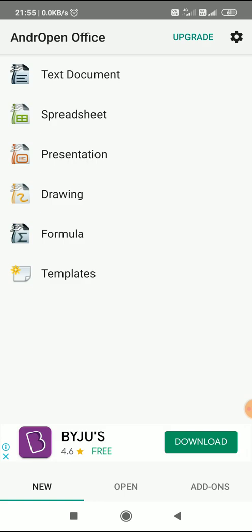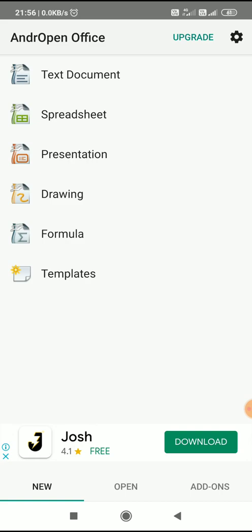First one is text document, and we can also call it Writer. It is used to type text documents. If you want to type some books, all the facilities that are there in Microsoft Office Word are available in Writer, even much more than that. So it serves a purpose, and it is a freeware software.